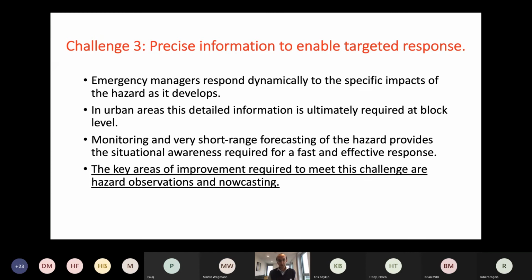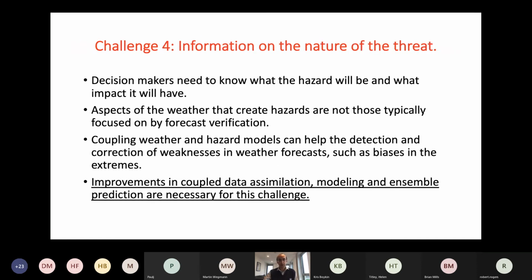And so this involves more observations and nowcasting, examples being the tornadoes as part of tropical cyclone impacts or flash floods. And a fourth challenge is to better provide information on the nature of the threat. And so the emphasis here is on coupling the weather and the hazard models, and to better understand what that impact is going to be as opposed to just a quantitative estimate.